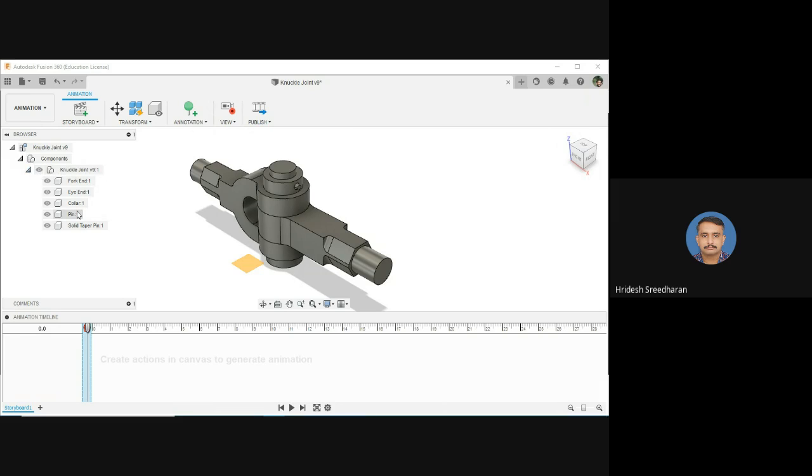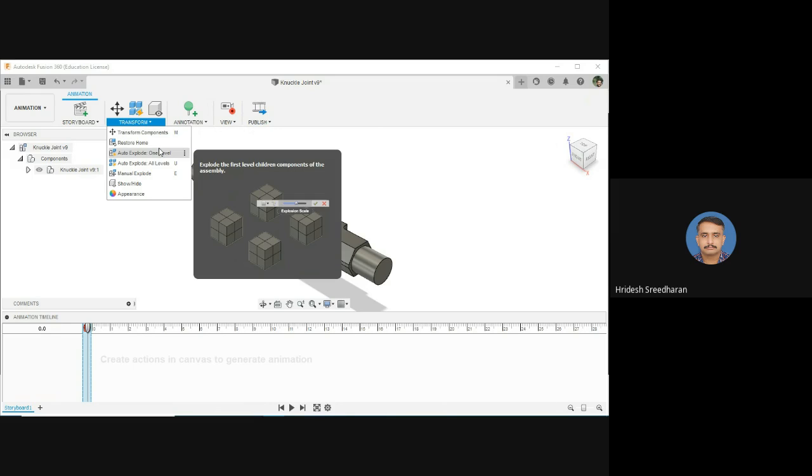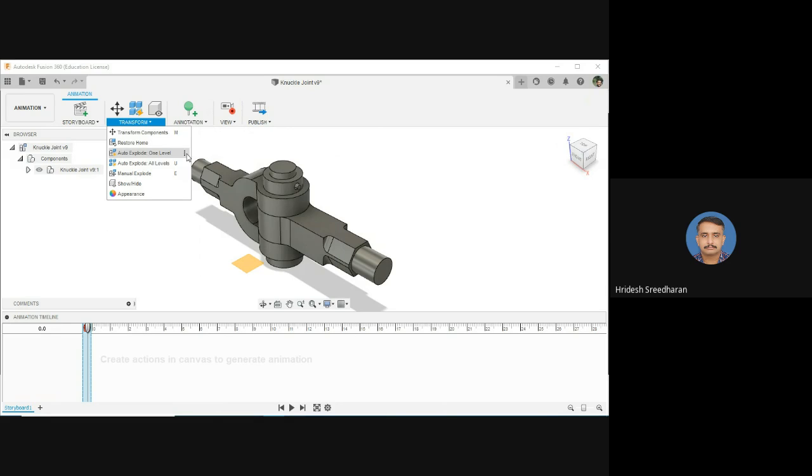If these were individual components, you could have directly exploded the assembly using auto explode. But since we don't have that provision in this particular example, we'll see how we can manually create an exploded view and how to record that animation.